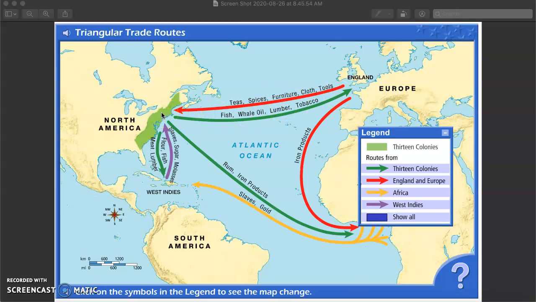So mercantilism primarily benefits the mother country of England. Another thing that made mercantilism really tough on the 13 colonies is we were only able to trade primarily with England. Okay, if we chose to trade with any other country, England would make us pay